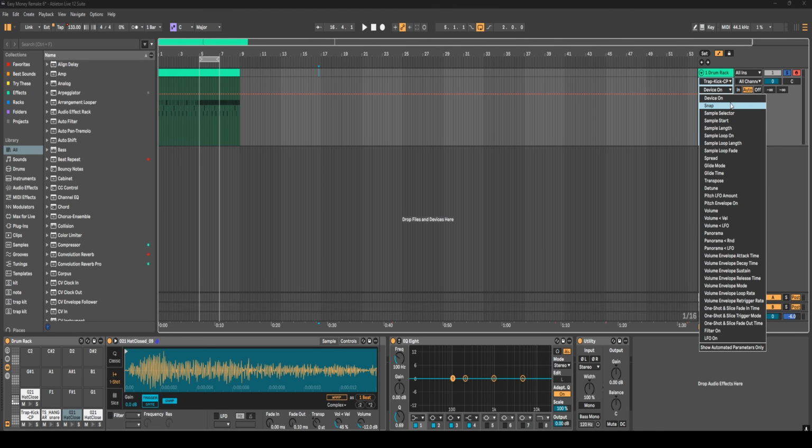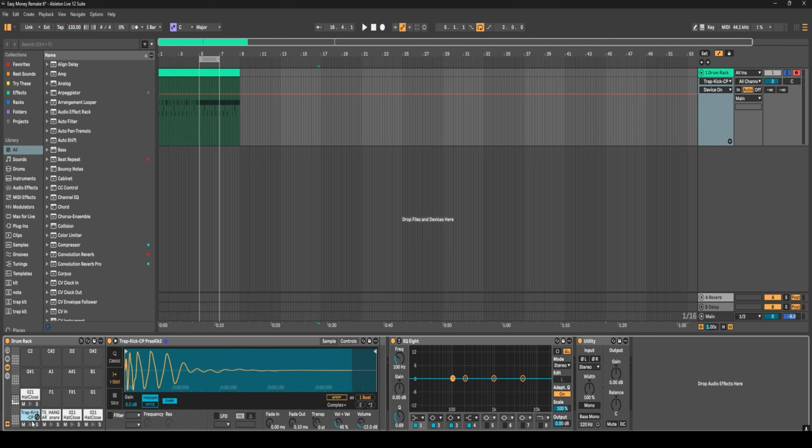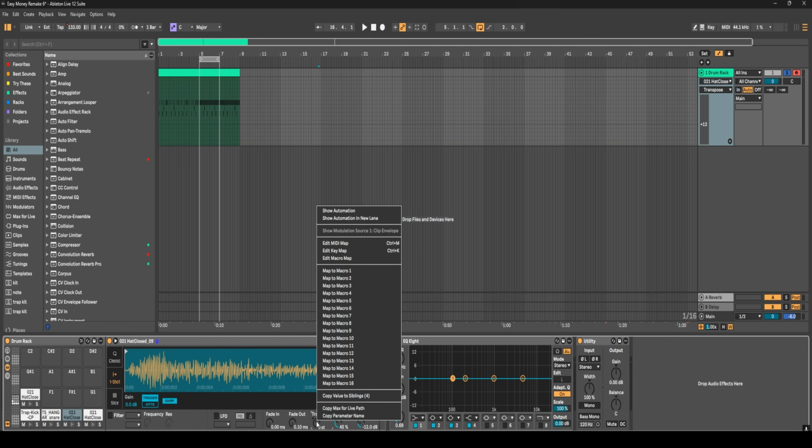Now, there's another way to find the option you want to automate. So instead of using this drop-down menu, you can actually just go straight to the sound you want to put some automation on. Let's see, this was the trap kick, but I want to put automation on the hi-hat, the main hi-hat. So let's make sure we click on that hi-hat. And now that we've done that, I want to automate its pitch up and down. So to do that, I will go to Transpose here. I would right-click this Transpose knob, and I would choose one of these 2 options, either show automation or show